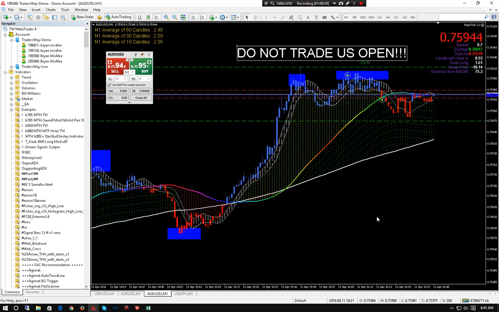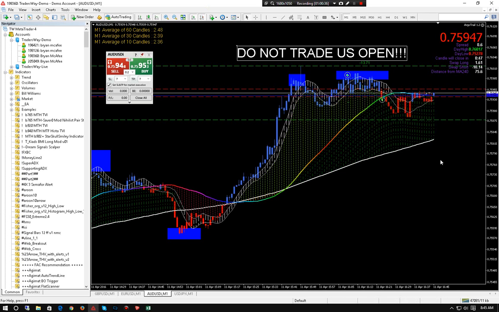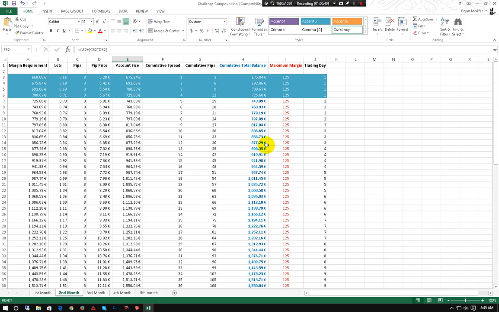So, I want you to be able to develop these skills in demo. If you take a bad trade, I want you to be able to live with it, and I want you to see what it does to your account balance on this spreadsheet. So you can see what's happening, good and bad. You'll start to see on good days when I'm following all the rules, sitting and waiting for a perfect setup, the spreadsheet will become easier. If you're taking half-hearted trades that aren't qualified, trading during the US Open, trading during Asia, trading when it's ranging, you're not going to get anywhere on this.